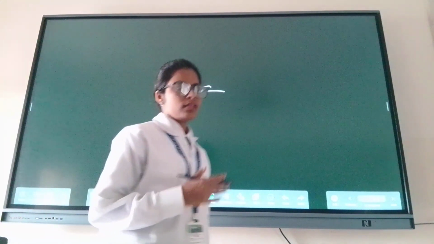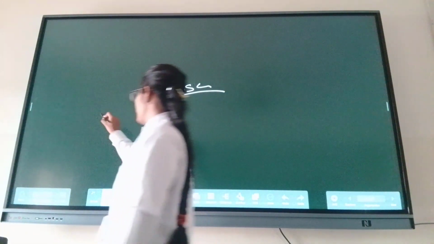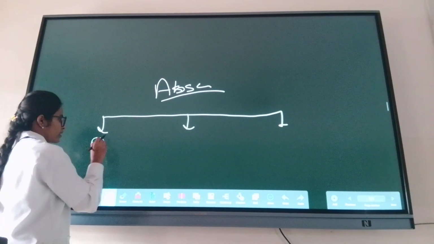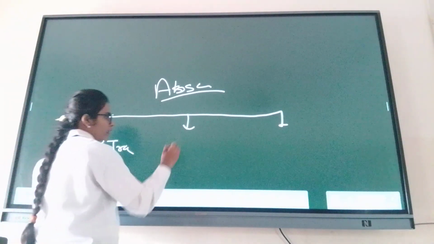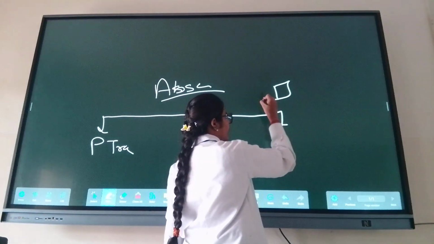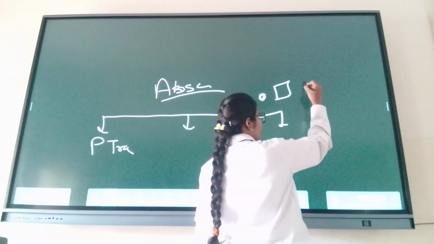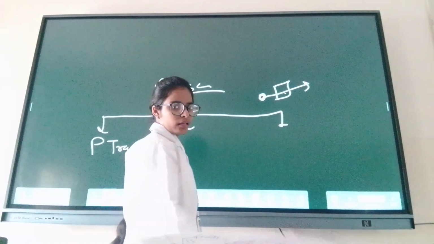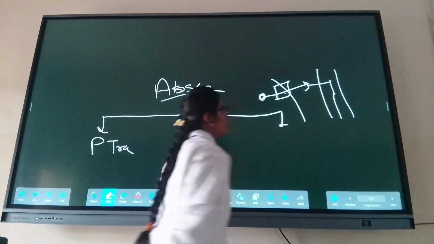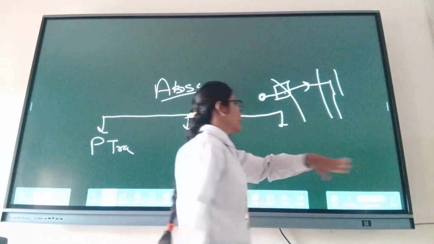To study absorption, we have to study the basic chemistry, the mechanism of transport. So there are three main types of transport. Passive transport. Transport means, suppose this is the intestinal cell and this is our drug, or this is the food. It has to pass this membrane, this intestinal lining, to go into the bloodstream. Okay. So this process is absorption. This will take place with the help of transport.